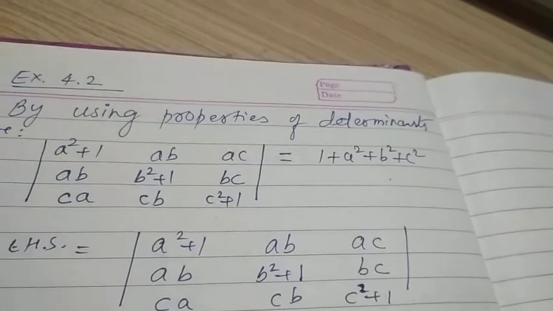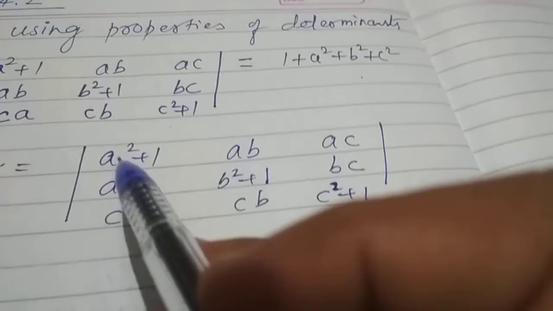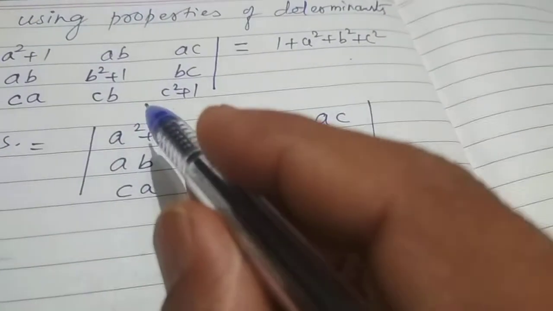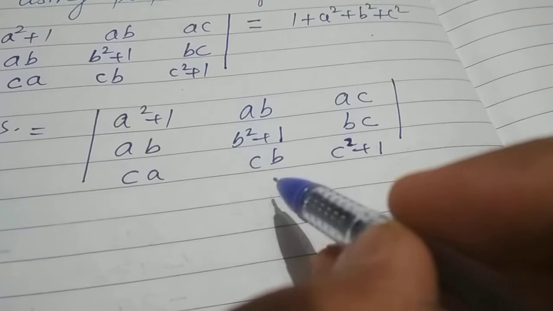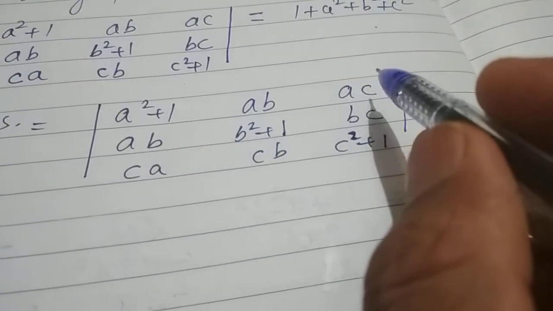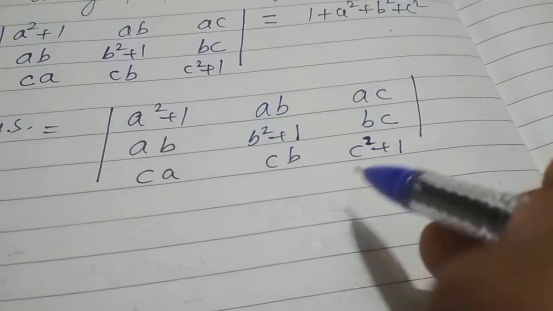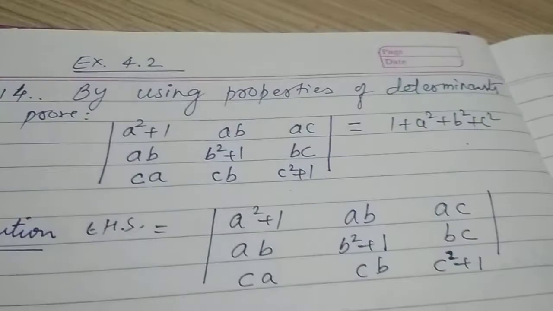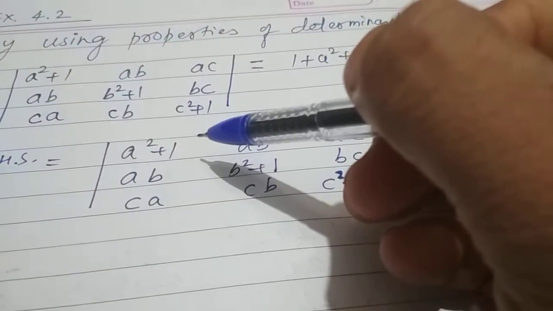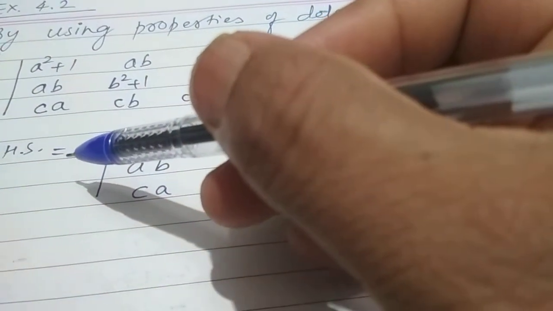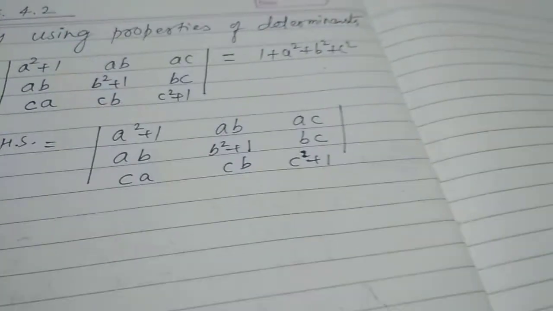So I'll write like this. First column gets multiplied with a. Second column gets multiplied with b. Third column to be multiplied with c. So when you are multiplying this by a, I have to write outside. If you multiply any column or any row by one scalar k, then you also have to divide outside so that you can take it out common.